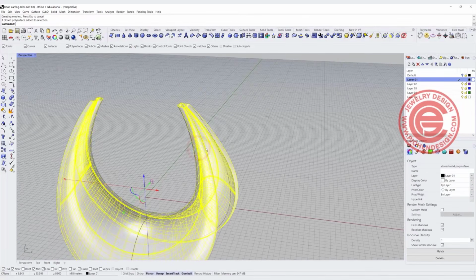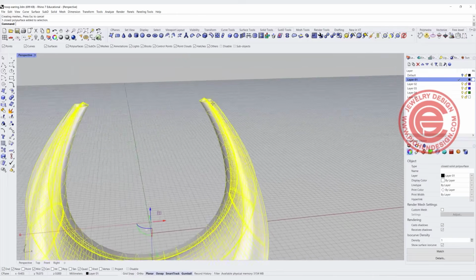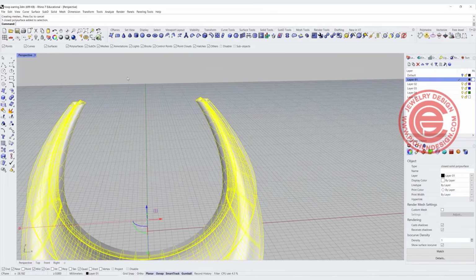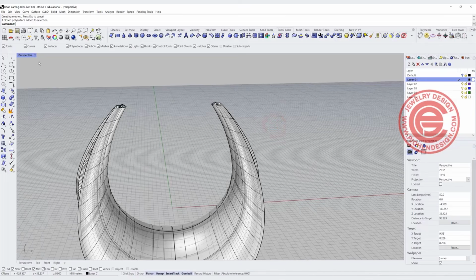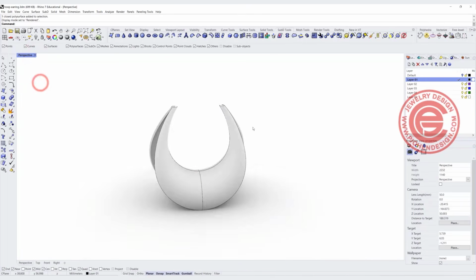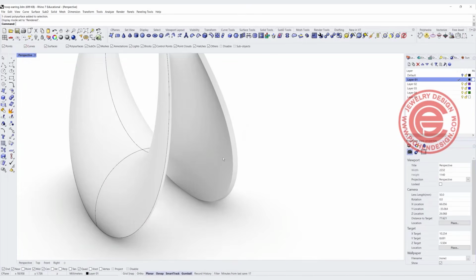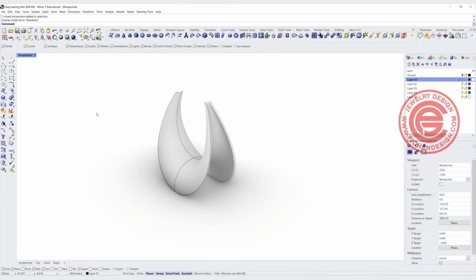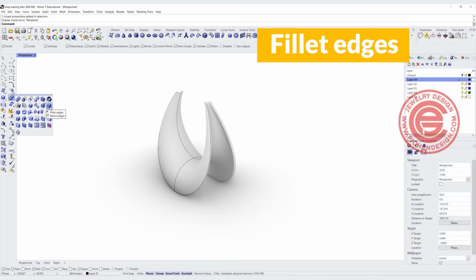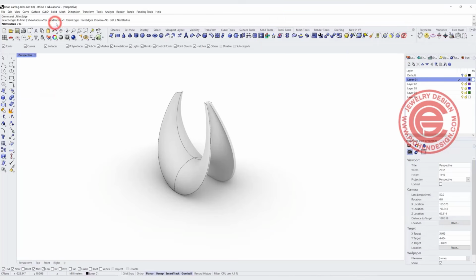Now if you click on this one, it will say it's a closed solid polysurface. We're going to have an earring wire, so that may not affect it too much. But the problem is when we take a look at the render, you see all the edges are really sharp, right? If you wanted to make rounder edges, then you want to use the fillet edges command, and we want to get something super small like